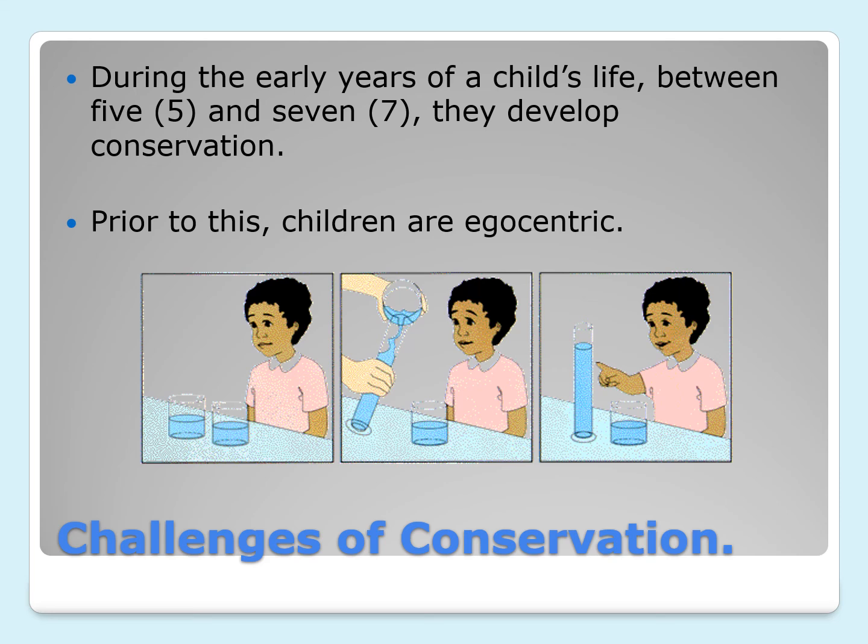If I take a different glass and pour 1 glass of water into a taller glass that looks like that, I haven't changed the amount of the water. There's still the same amount of water in that glass, right? But I've just put it in a taller, skinnier glass, so it looks like there's more water. Well, if you ask the child again which glass has more water, the child will say that the taller glass has more water because they only see that the glass is taller, and it looks like there's more water in there, so therefore that must have more water. They don't understand that I simply moved the water to a taller, skinnier glass. It still has the same amount of water.